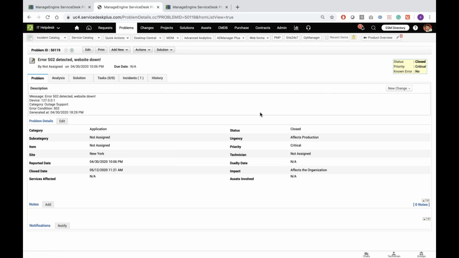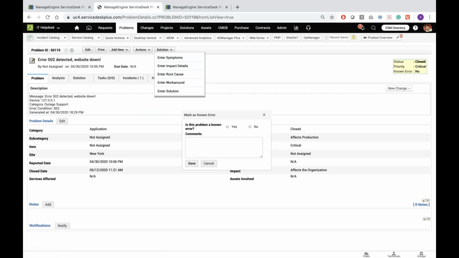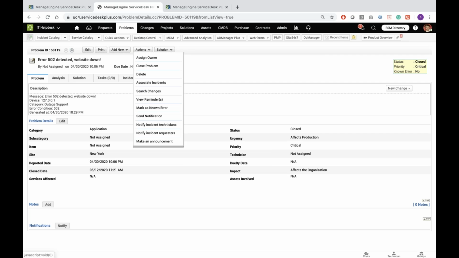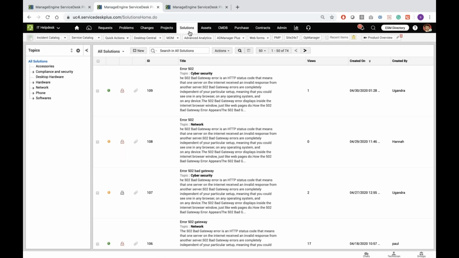These are all mechanisms and operations that you could use right from within a problem management tool, as well as there are a lot of collaborative communication solutions that you could make use of right from within the problem management segment. Now, there's also this knowledge-base segment that is very useful for the users that is available in the product.